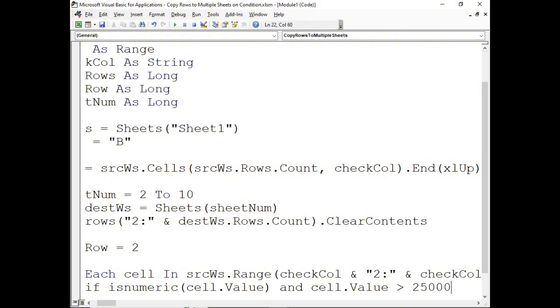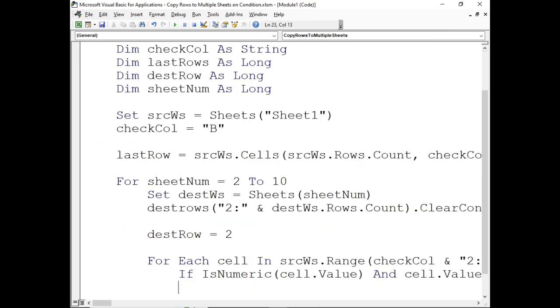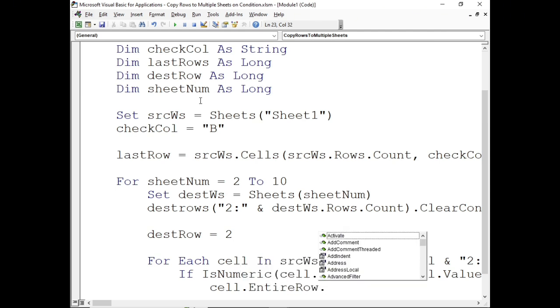I said 25,000 earlier. Then cell dot entire row. Okay, cell dot entire row, dot copy. So I'm gonna copy the entire row, and then